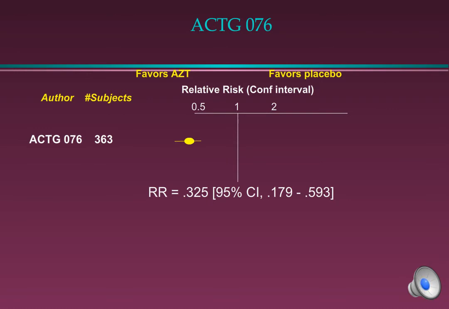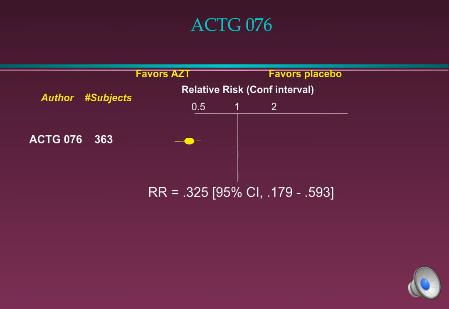This is simply a graph of the same phenomenon, and the reason why I want to show you this is because if we were looking at multiple studies that examine the same question, we could list all the studies, and that's really what happens with meta-analysis, which you're going to learn about later. Since we only have one study, it doesn't make as much sense to graph it, but nonetheless, we've done that. You can see at the top, it says in yellow on the left, favors AZT. That is, if the relative risk is less than 1, it favors AZT. If the relative risk is more than 1, it favors placebo.